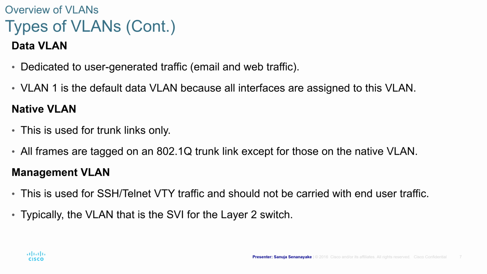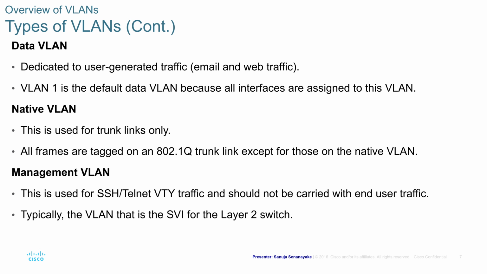Native VLAN is used for trunk links only, and all frames are tagged on an 802.1q, also known as 1q, trunk link, except for those on the native VLAN. So the native VLAN carries the untagged frames on the 802.1q trunk link. Management VLAN is used for SSH and Telnet VTY line traffic and should not be carried with end